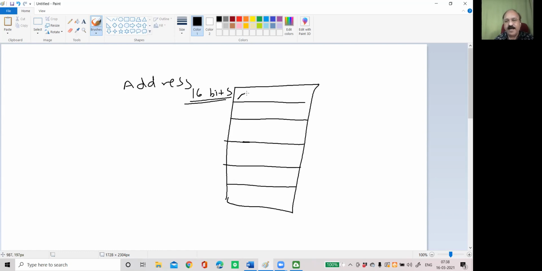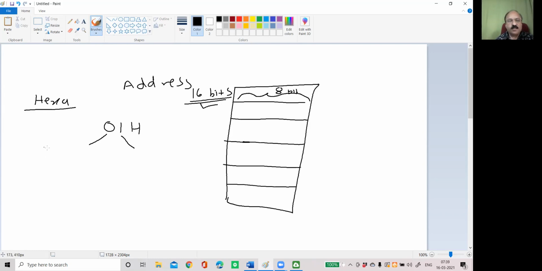But the data which can be stored in this memory location is of 8 bits. The width is 8 bits. But the address of that memory location in which 8-bit data is stored is of 16 bits. So when we say 16 bits, in assembly language programs we write the numbers in hexadecimal. So if you write 01H, what is the binary representation of 01H? 4 digits for this number, 4 digits for this number.